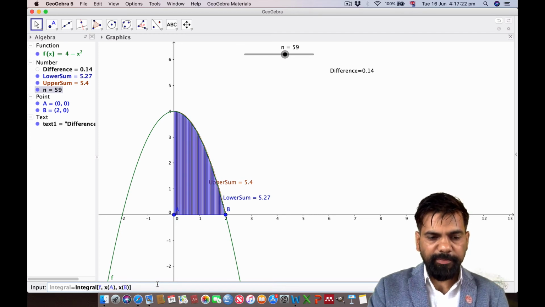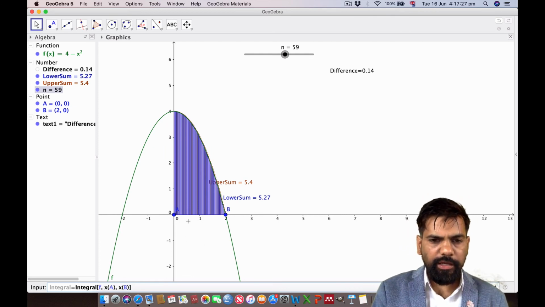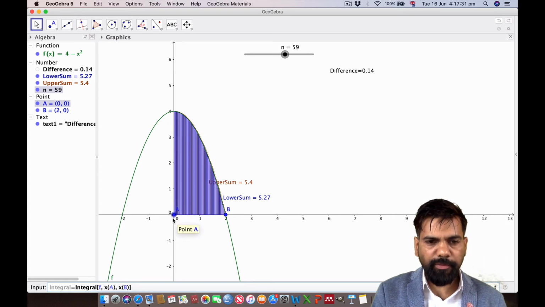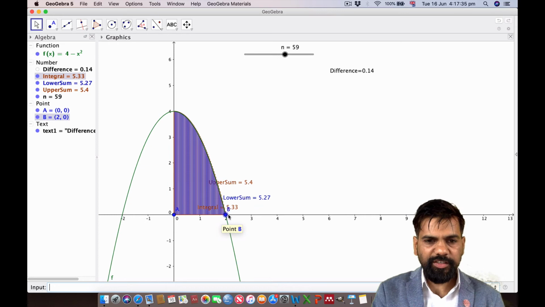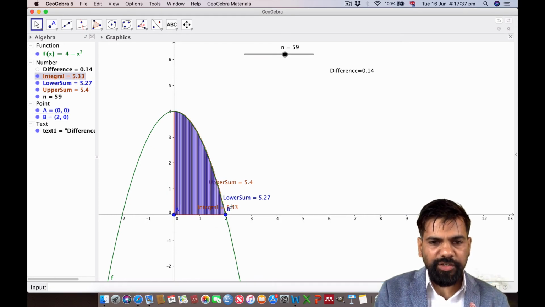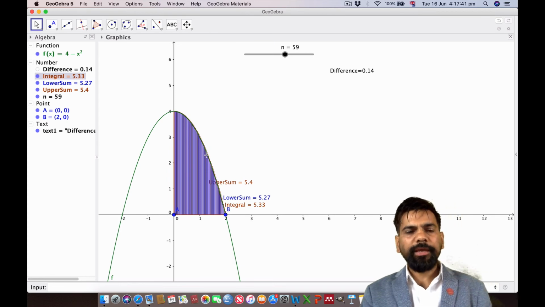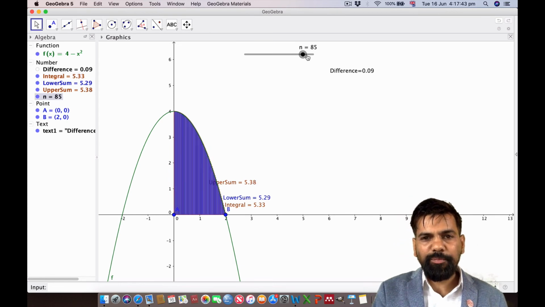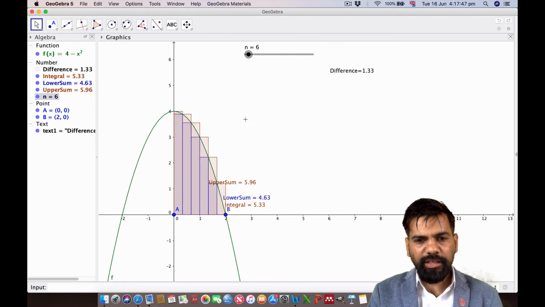That means we are determining the area within the boundary region where the value of x starts from 0 and ends at 2. So it gives the integral area as 5.33.